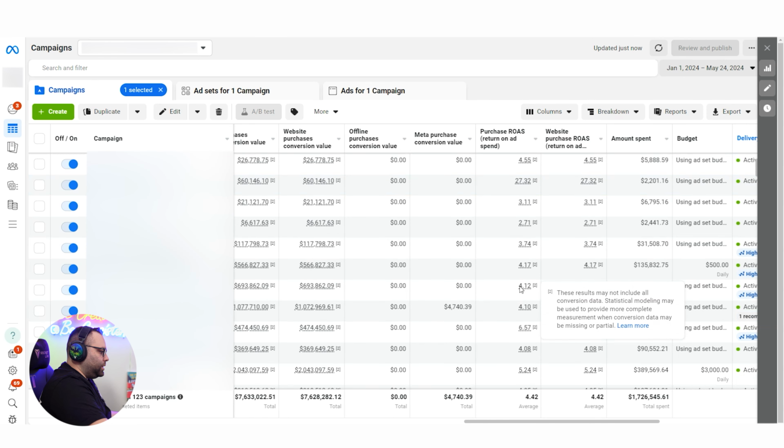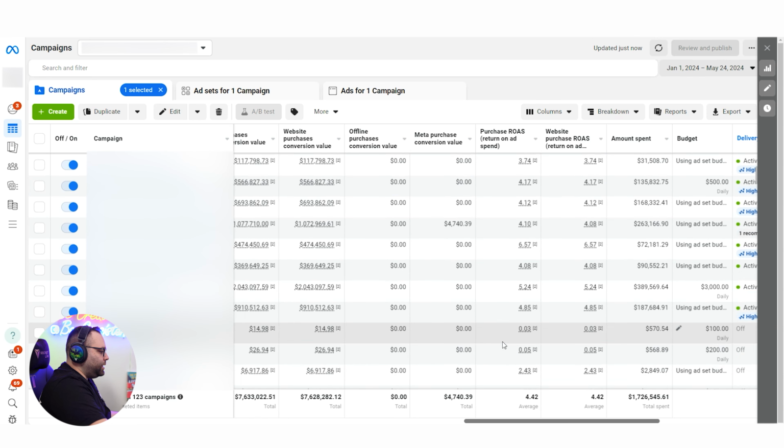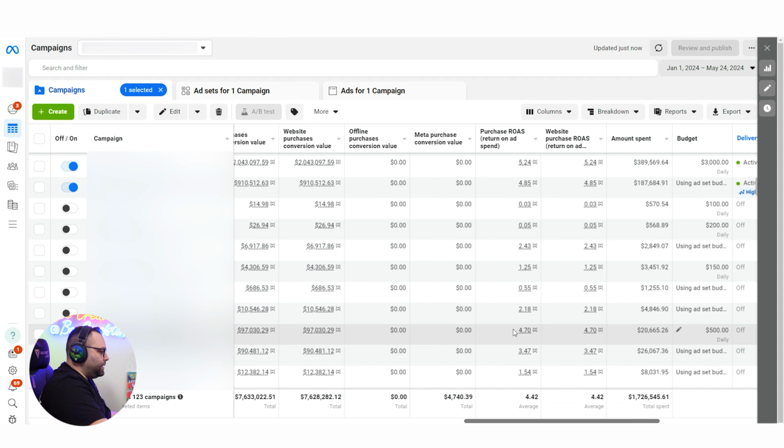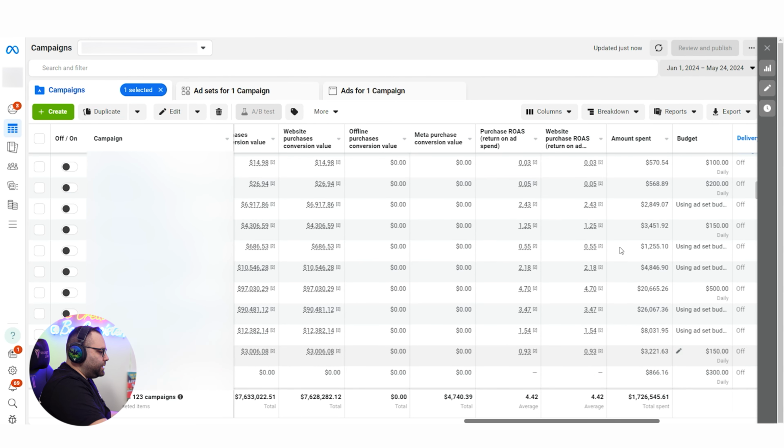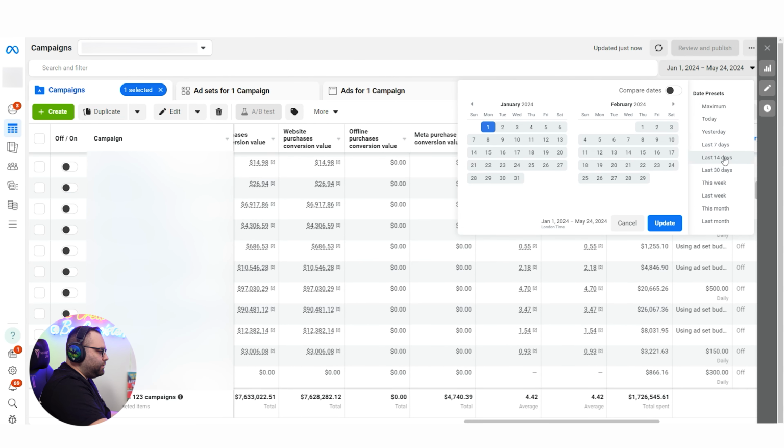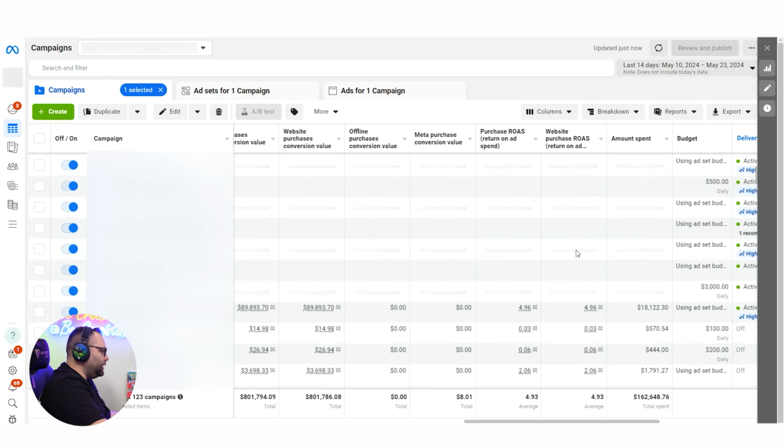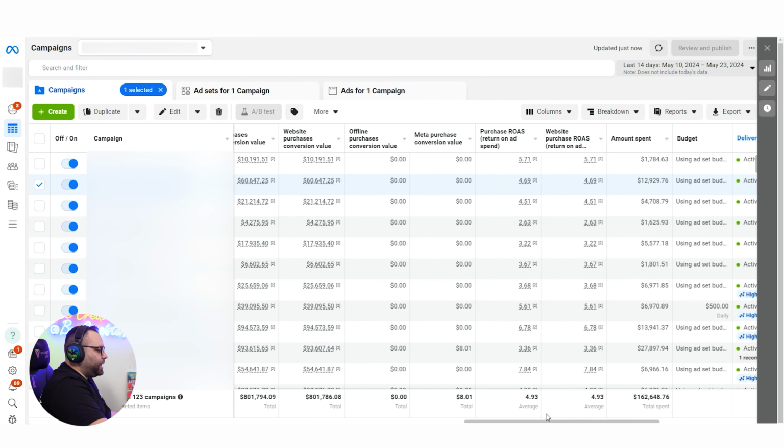I'm not going to close it. Let's go on another campaign, not this one obviously because I closed it, but this campaign, for example, or this. Let me show you actually what I mean in the last 14 days, let's say. If we come here on the last 40 days, we are having 5 rows. But here you can see, and this is the mistake that most people would make: this campaign over here, 2.63, they would come and close it. 3.68, 3.22, 3.36. These are numbers below our 3.5 break even, but it doesn't matter, because what matters here is